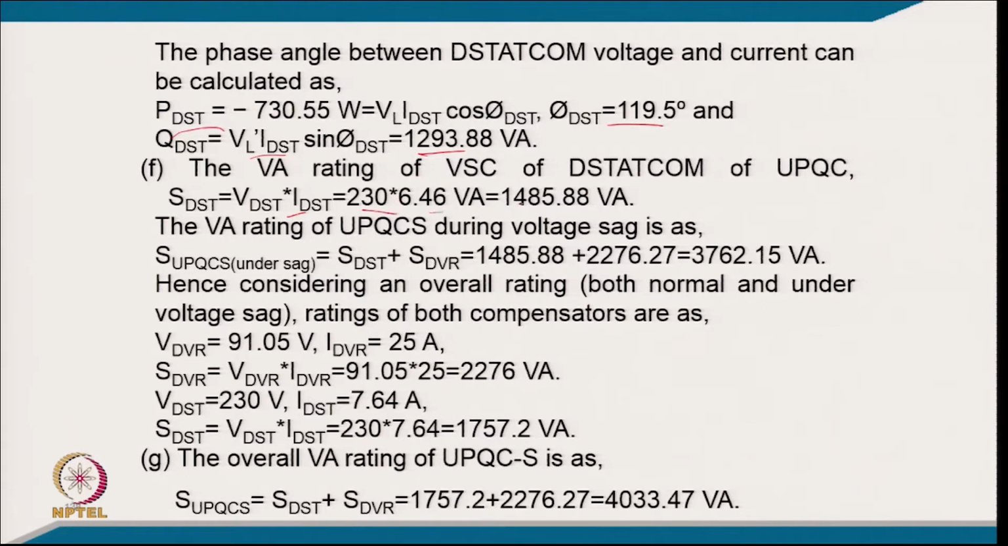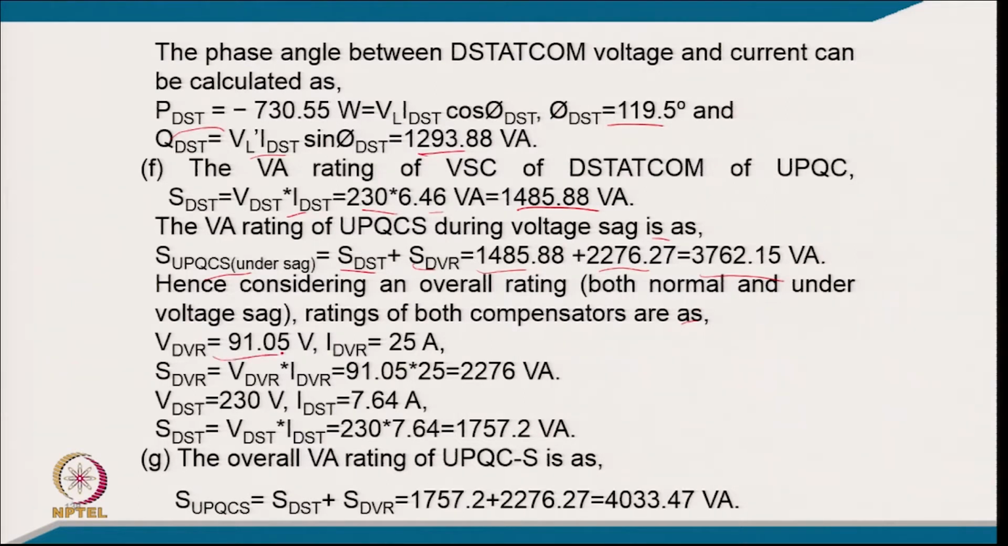So, 230 into 6.46 comes to 1485.88 VA. The VA rating of the UPQC during voltage sag conversion is SUPQC equal to SDST plus SDVR. So, it is 1485.88 plus 2276.27, which comes to 3762.15 VA. Hence, considering the overall rating both normal and under voltage sag, the rating of both compensators are